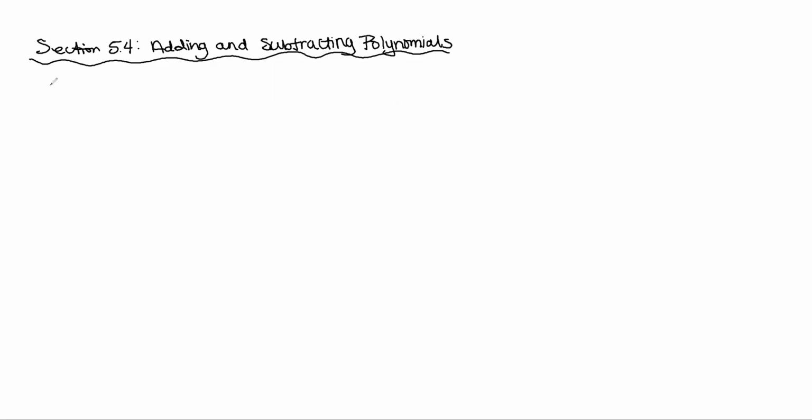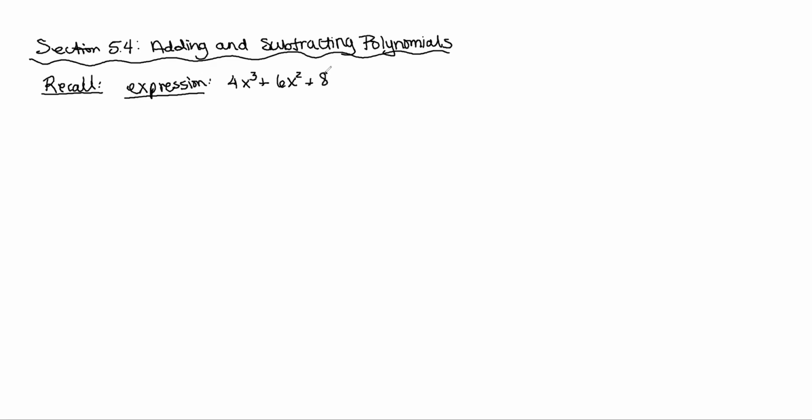So let's go ahead and just review some terminology and some vocab for polynomials. So an expression, and we're just going to look at an example here and label parts. Remember, an expression doesn't have an equal sign. It's just a list of terms joined by operations. So let's say we have the expression 4x cubed plus 6x squared